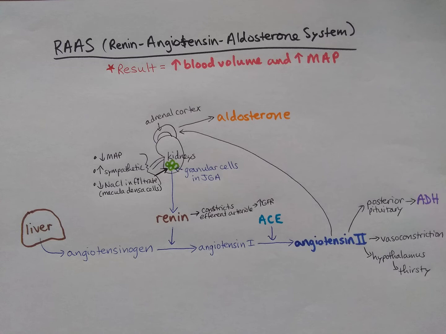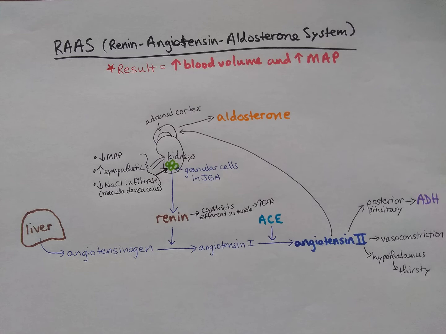So angiotensin 2 has a lot of effects. It will go to the posterior pituitary and stimulate that to release ADH. Remember, ADH will tell the kidneys to save water from the urine and put that back into the blood, and that'll increase blood volume and increase blood pressure. Angiotensin 2 also causes vasoconstriction, so that will increase the blood pressure. And then angiotensin 2 will also go to the hypothalamus, where there's a thirst center, and it will make you thirsty. So if you drink more, water gets absorbed from the GI tract, and that'll increase the blood volume and